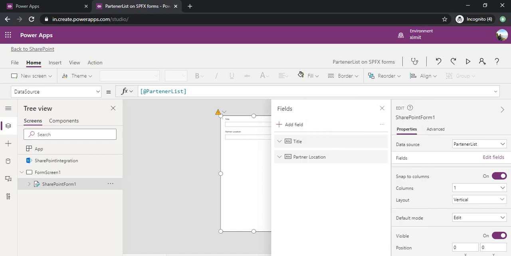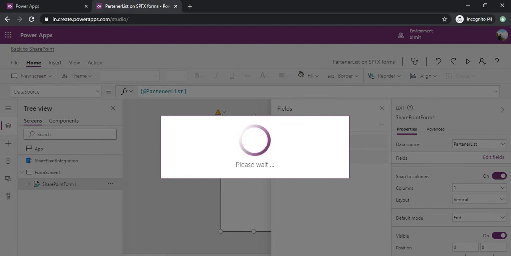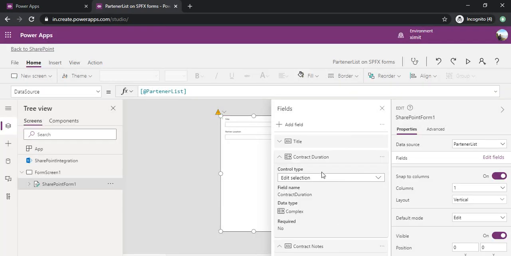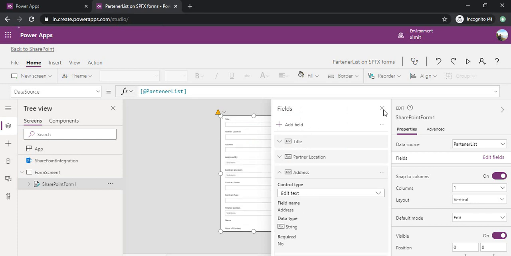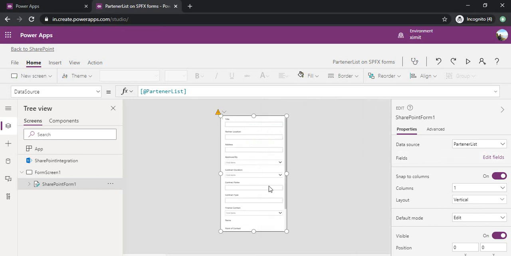And I'll just click on add. So I got all my fields added to this form, and now I'll change the layout to represent two columns in a vertical fashion. You can keep it horizontal as well to represent it more like a form. So that's how you can keep it.